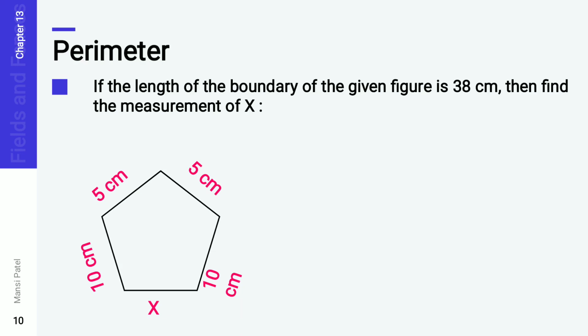See here, in this I am giving 4 measurements to you, but I am not giving the 5th measurement. In our previous session I gave all the measurements of the polygon, but in this I am not giving one of the measurements of the figure. How do you have to find it out? As you know already, what is the formula to find out the perimeter of this shape? We can say that the perimeter of a polygon is equal to the sum of all sides.